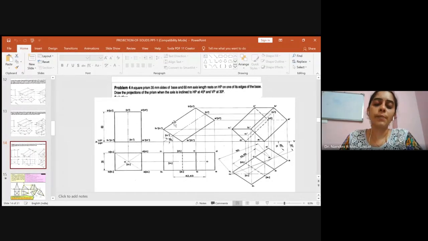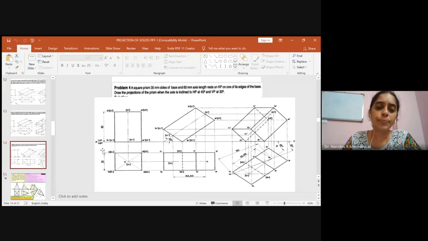So once you do the naming, your work now is to take the projections down as usual. So you'll take the projection down, then you extend the projection over here. After extending, please read the locus properly. First read the locus for bottom surface and then for top surface. Locus of B1 is meeting B1 dash at this point, so this is our B1. Locus of A1 is meeting A1 dash at this point, this is our A1. Locus of C1 is meeting C1 dash at this point, so this is our C1. Locus of D1 is meeting D1 dash at this point, so this is our D1.